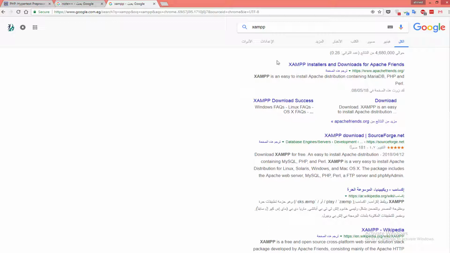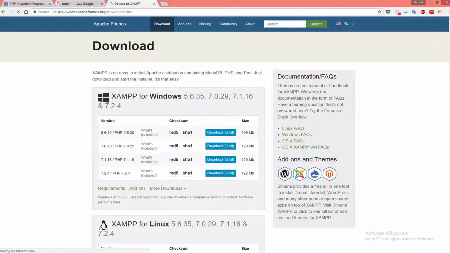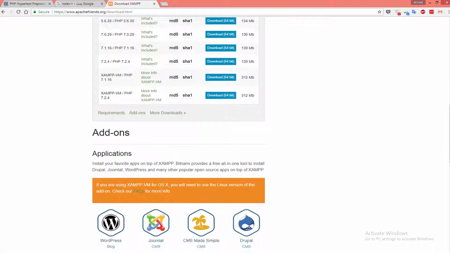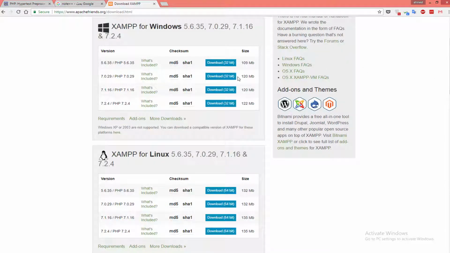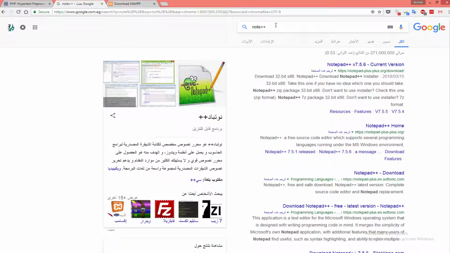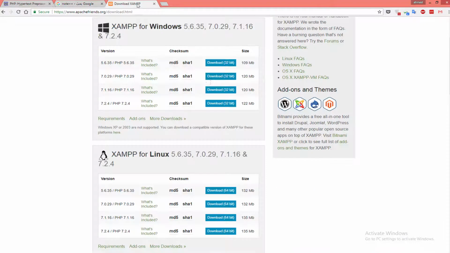The second is XAMPP, which you can download from here for Windows or Linux as you want. After downloading, you can install. It is very easy. There are many tutorials to understand how to download and install it, and how to download and install Notepad++. If you already have your editor and have your server, XAMPP or WAMP or whatever, okay, let's start